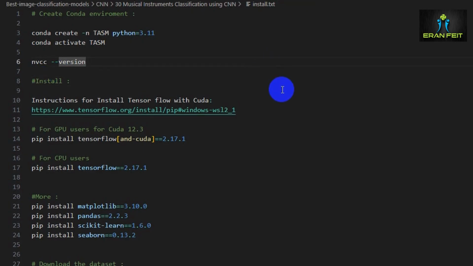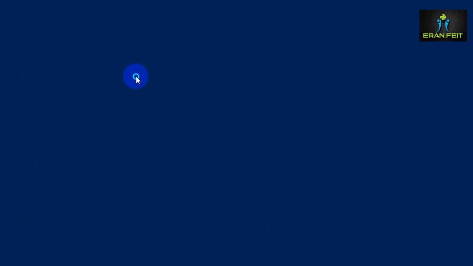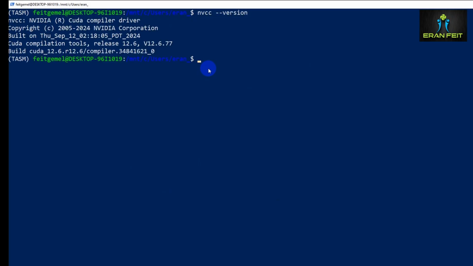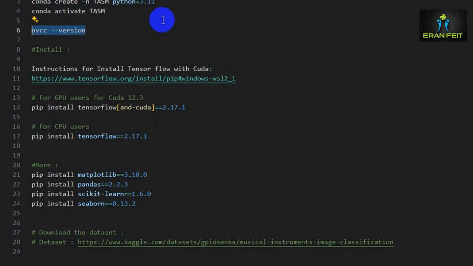It's really important, first of all, to understand what your CUDA version is. So you can run this command, nvcc --version, and if I run it, you can find your CUDA version. You can see mine is 12.6, and if you go to this link, you can see all the relevant commands for each CUDA version. For 12.x CUDA, it's a very simple command: pip install tensorflow[and-cuda]